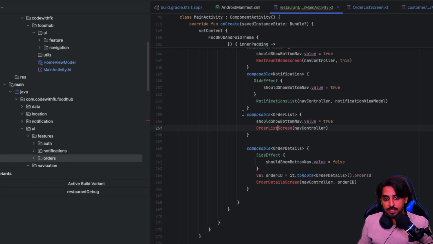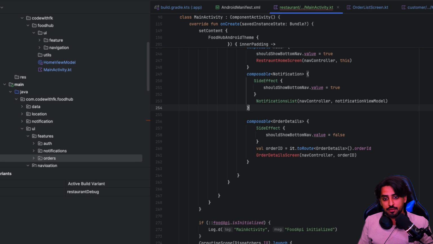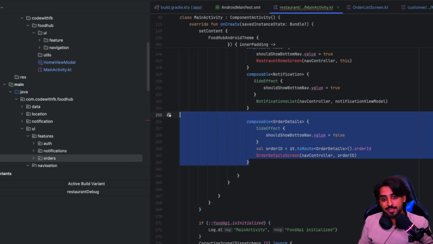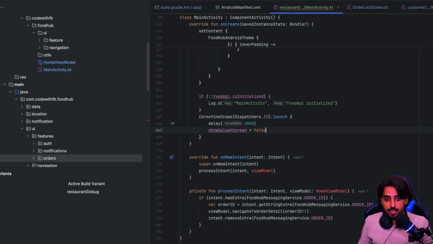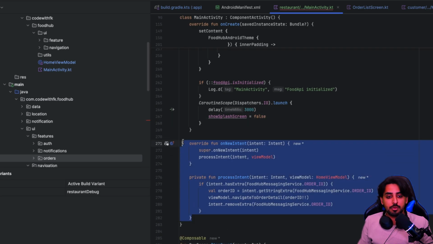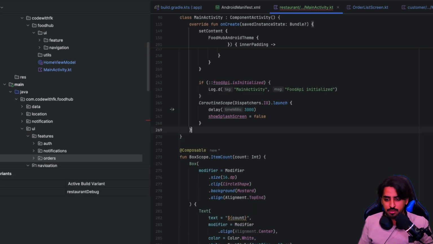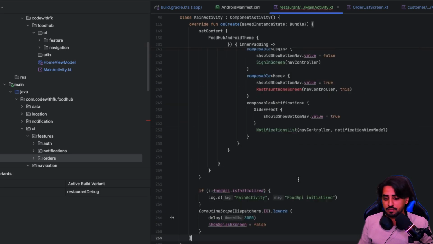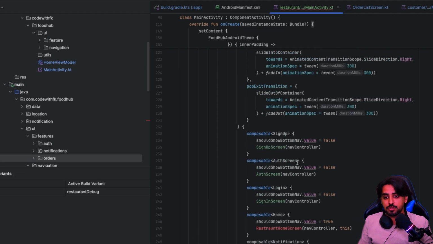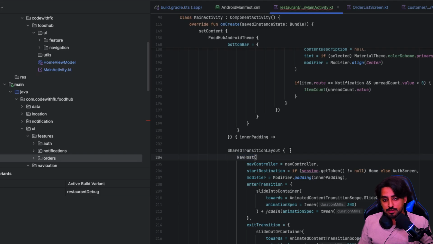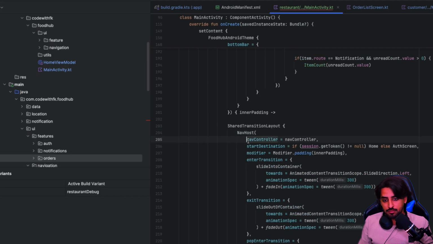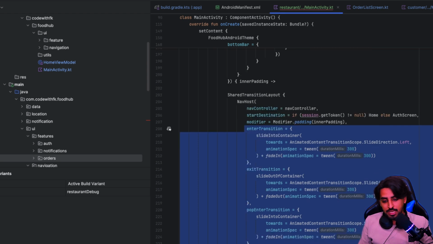Now over here it will start complaining about this one. I'm going to get rid of that, and again we don't need the order details as well, so we'll get rid of this. Right now over here, the intent issue is again there. I'm going to just remove it for a while, because we know we need to fix this. But something like this. So basically, when you look into this, we have a nav host that requires a nav controller. Then it has a start destination like normal, and then it has some default enter and exit navigation,